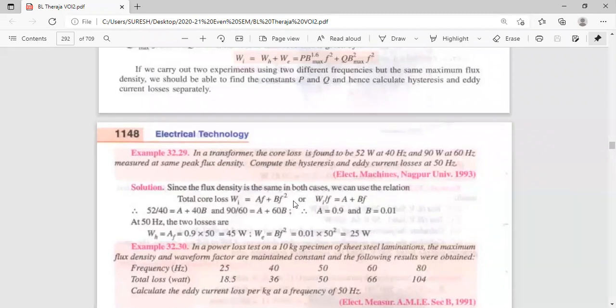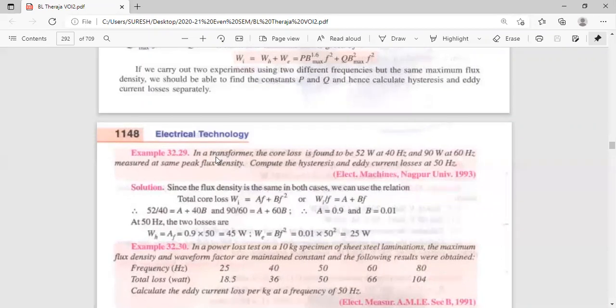Okay. Now bring F to this side. Take frequency common in this and bring it to the left hand side. Wi by F, take F common. Wi by F is equal to A plus BF. Write this down. Only for simplification are you taking it like that. Wi by F is equal to A plus BF. This formula is used in the problems for calculating iron loss.